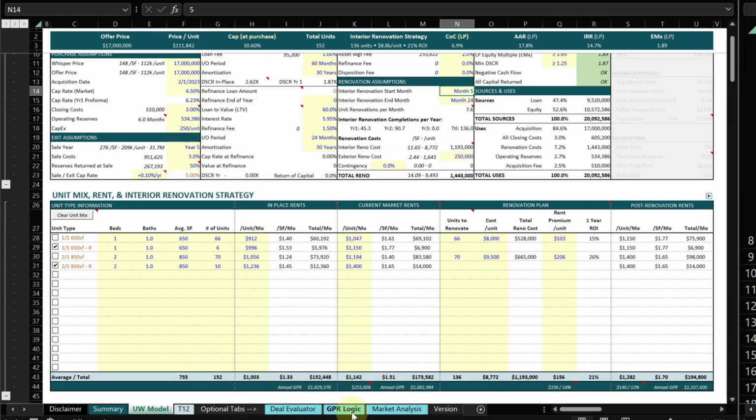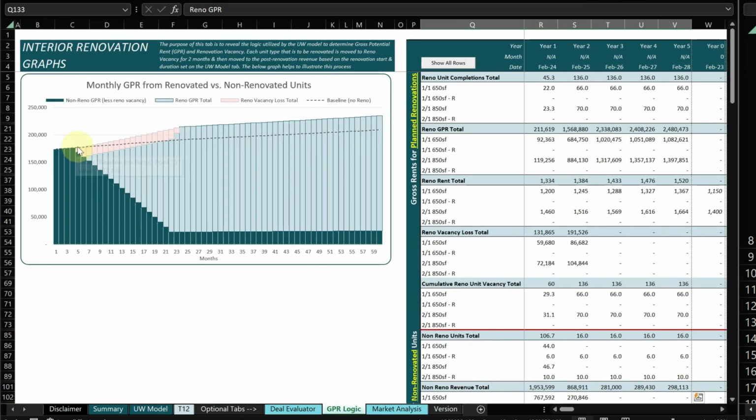So the model in month 5, it's going to take the first set of units and move them into a renovation vacancy, which is this reddish area here. And in month 6, it's taking additional units. And you can see it takes 2 months, and this is a hard-coded value. It's taking 2 months to renovate a unit, and then our first set of units are rolling back onto the rent roll here